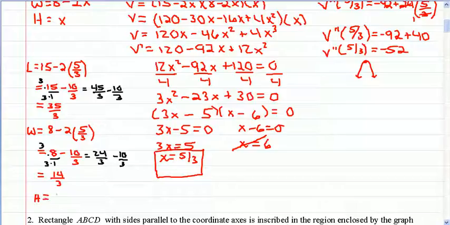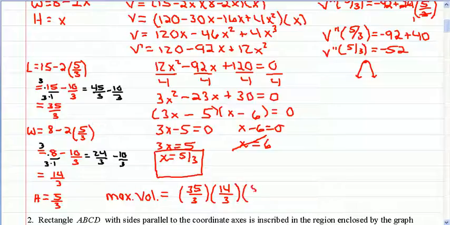And we know that the height is just x, so it's 5/3. So to find the maximum volume, we take length times width times height, so we have 35/3 times the width, which is 14/3, times the height, which is 5/3,